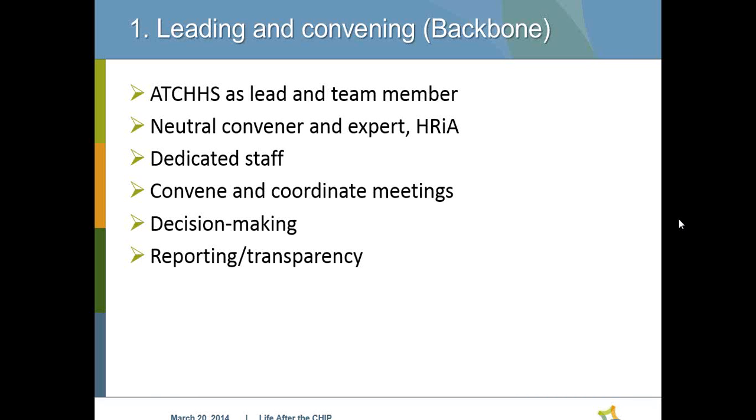Convening and coordinating meetings, we did a lot of community forums, and then also steering committee meetings, core meetings. We had a variety of work groups and summits. But something that stands out pretty well is we had an event called Break for Breakfast, where the Health and Human Services Department hosted many partners and stakeholders to just come and meet for breakfast. And we didn't tie it specifically to the CHIP. We just kept it open, and we tied it to anything that they wanted to discuss that was relevant,